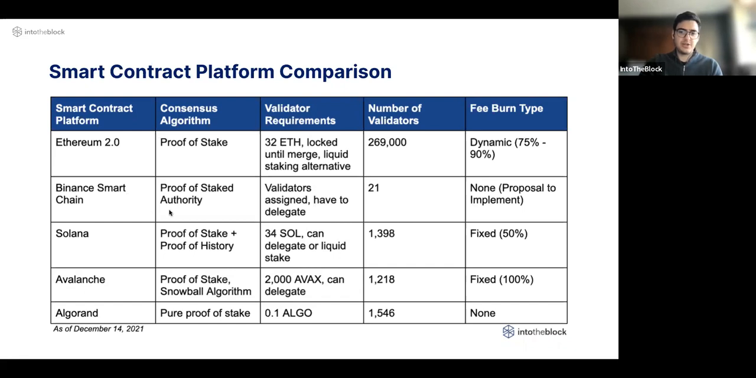BSC, Binance Smart Chain, as many might imagine, is a lot more centralized, so only 21 validators that are set in stone at this time, at least, whereas Solana has about 1,400, Avalanche, as I mentioned, 1,200, and Algorand 1,500. So they're roughly in the same range. Avalanche and Algorand have similar transactions per second capacity, and Solana has a higher order of magnitude, I believe 20 to 50K transactions per second, though of course it has had some problems with the reliability of the network,